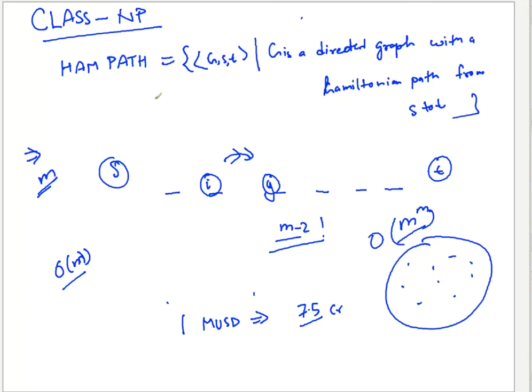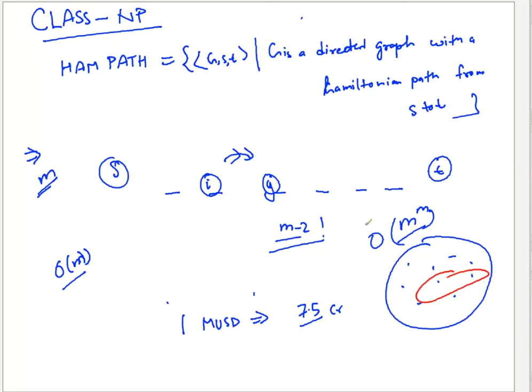Just by looking at the vertices and their degree, you can declare whether there will be an Euler path or not. But the Ham path problem looks very similar to those problems, but has a difficulty: you cannot design anything better to really find a subset of only solutions that you have to look at. You have to go one by one to all the points before declaring the result. That is what the Ham path problem is.